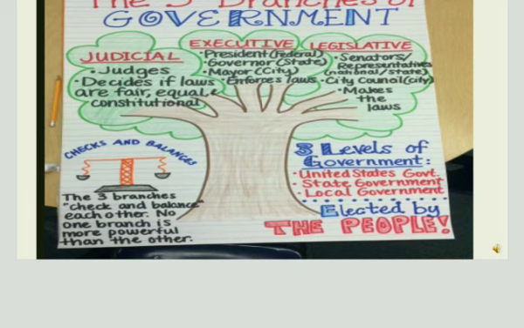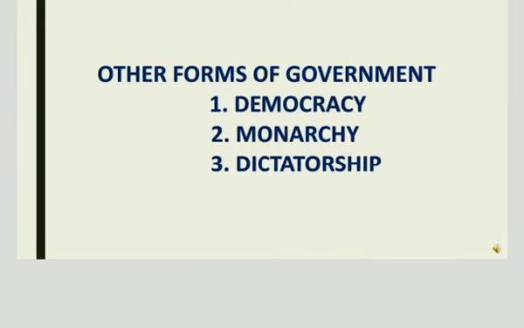At the last we'll talk about the judiciary. It includes judges who decide if the laws are fair and equal. This is the most important body, in which neither the legislative nor the executive can interfere in the work of the judiciary. So the judiciary is an independent body. These three branches are also called checks and balances. Now we'll discuss other forms of government. These are the three forms available in the world: democracy, monarchy and dictatorship.